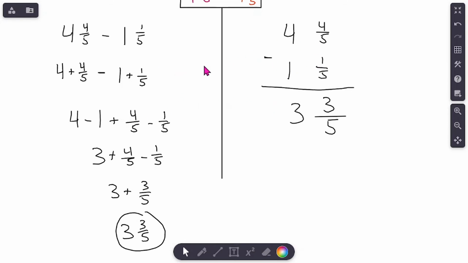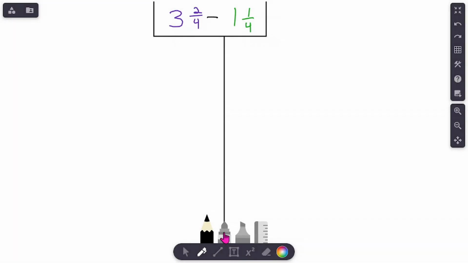So with all that being said, let's try another one together. All right, ladies and gentlemen, let's try another one here. So we've got 3 2/4 minus 1 1/4. And again, I'm going to show you both strategies that we just did. I'm going to start over here on the left, and what we're going to do is rewrite this so we have it right in front of us. So we have 3 2/4